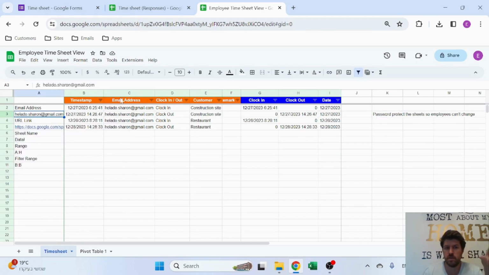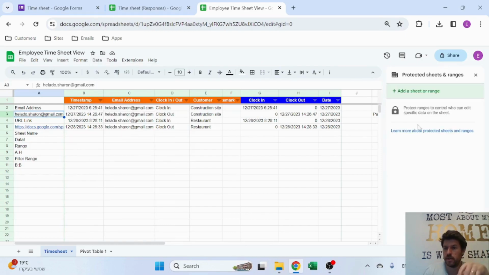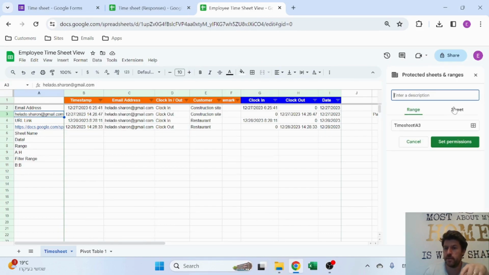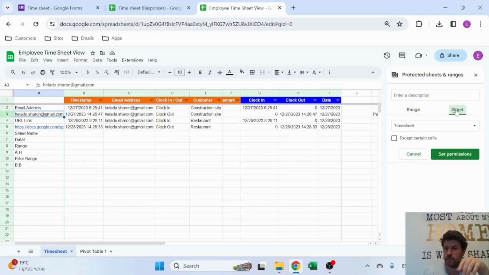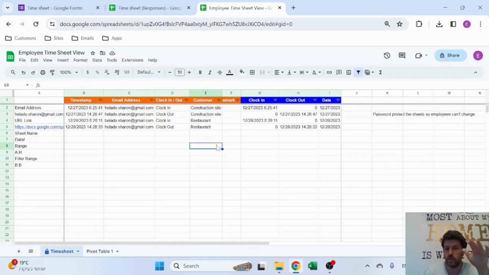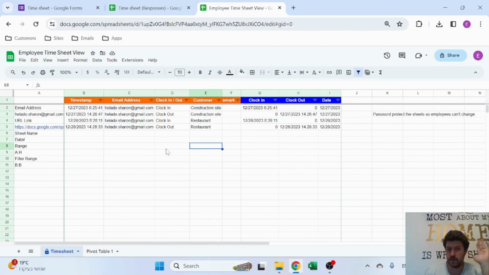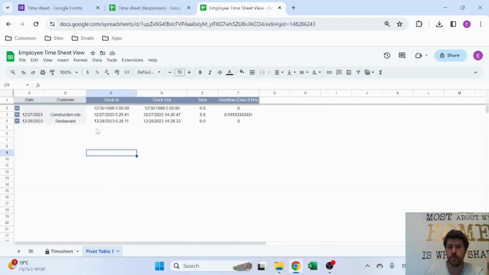Okay, just data, protect sheet and ranges, add for the entire sheet or for the range, whatever you want, set permissions, only you, right? And that's it. Once you do that, then only you can access this sheet and none of your employees. So you'd build that and you'd build this as well, and that's it. You're good to go. So on this table, you can now build another pivot table just for them to see,